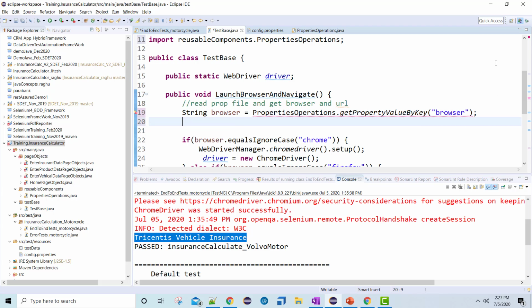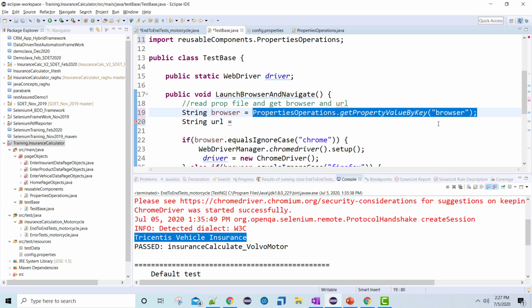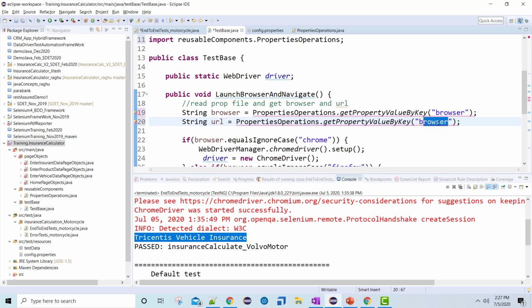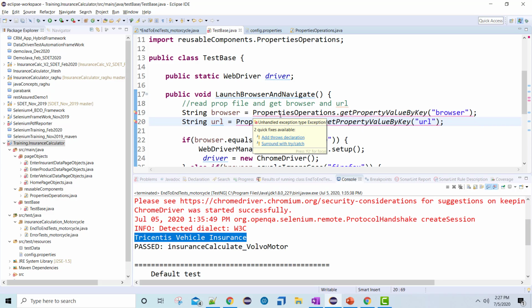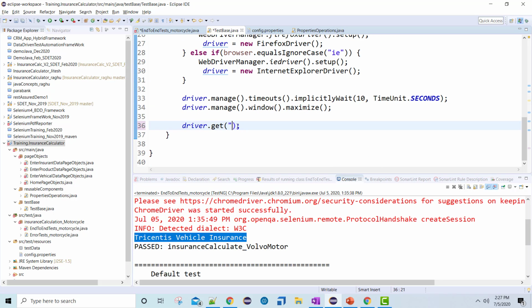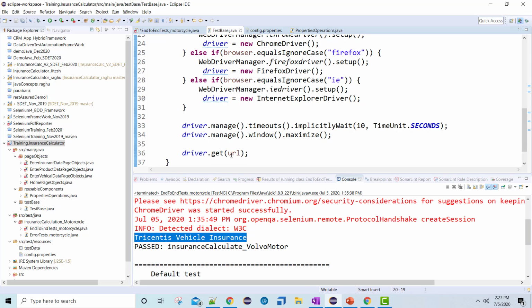Next thing I will say String URL is equal to the same thing basically, and I should change the key only. So let me change the key as URL. So I am expecting URL as whatever I am passing over here, right? And I'm getting some error which is the throws declaration. Let it be, let us throw. We need to be more careful when we throw exceptions, but in this framework let it be. In our next framework we will handle it more carefully. Great. Now I have not hard coded browser. I'm getting it from the properties file. URL I'm getting from the properties file, and I'm putting it over here.